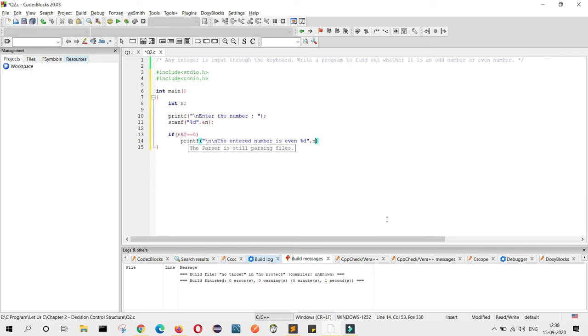Or you can write the entered number %d is even.